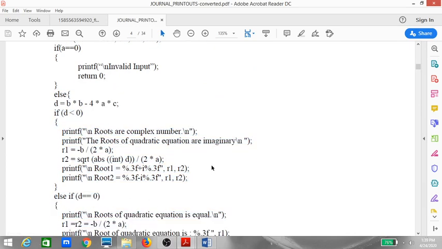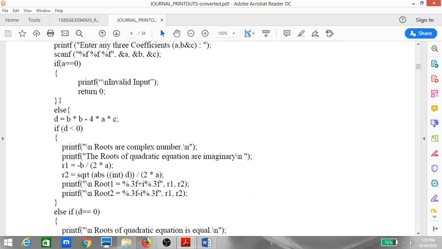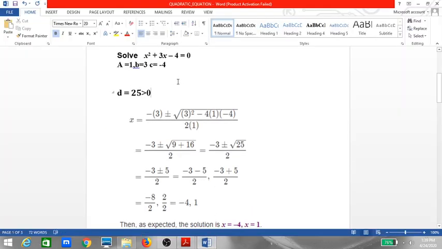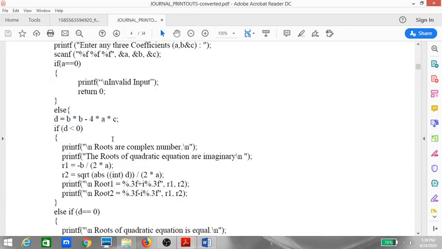If you have understood the nested if and else statements, I think you must have seen how it works. So this else, or opening of this else, is closing over here. This is the closing of your main program. So now if that is not true, then I'm going to calculate the value of d. D is equal to b square minus 4ac. That is what we have done here also. We have calculated the value of d first. So the same thing we are doing in the program.